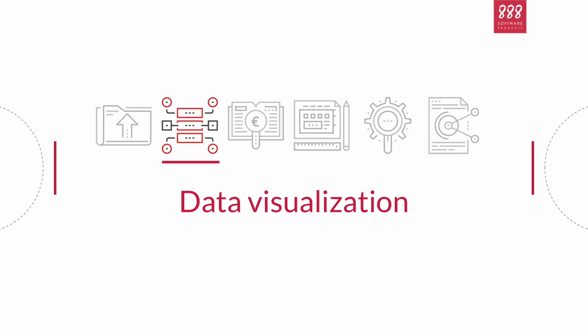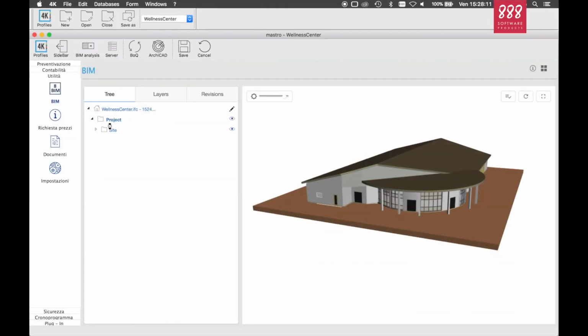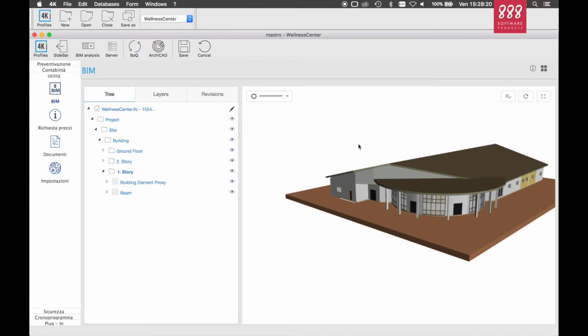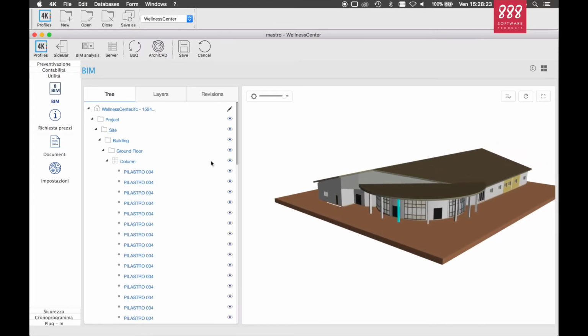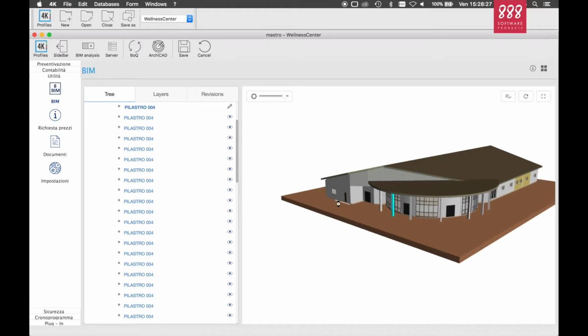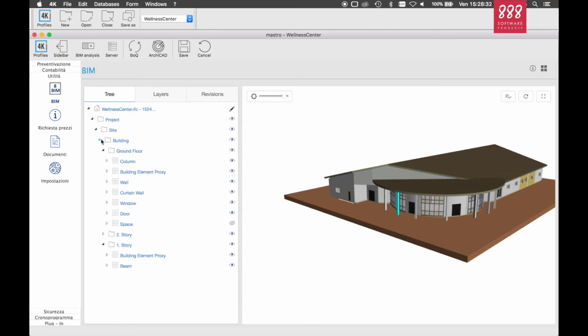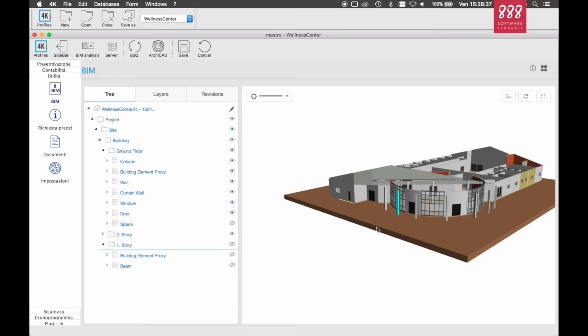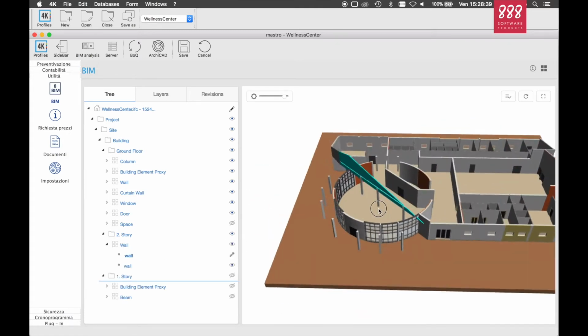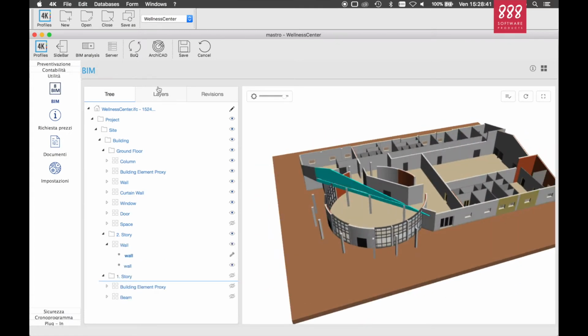At first, the 8 BIM module allows the user to navigate through the information written in the IFC file from a tree view. The user can also interact with the 3D model by selecting an element, which is then highlighted into the tree list, and as the user keeps interacting with the model, the tree list gets updated. This list is also useful to set the visibility of the element. For instance, it's possible to hide several elements or a whole floor in order to see more details of the